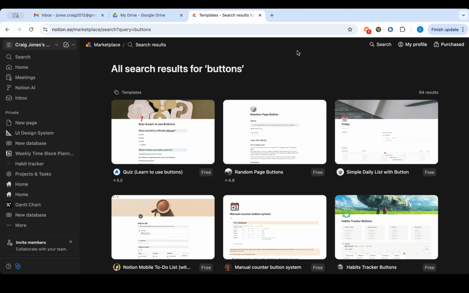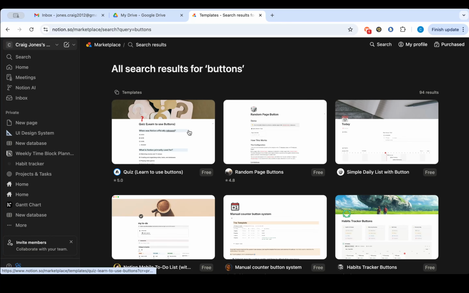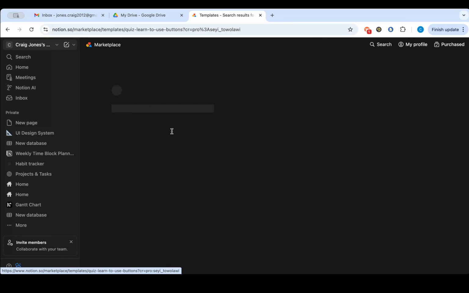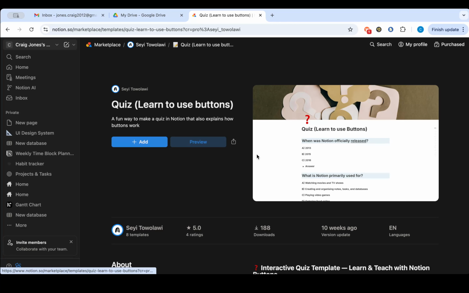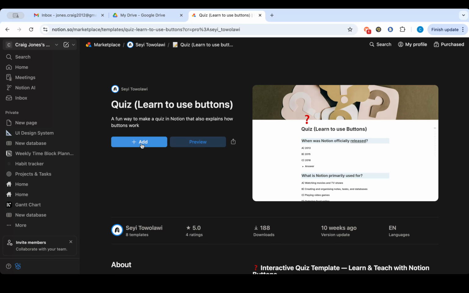Among these, look for the template titled Quiz. Learn to use buttons. Click on this template to access a detailed guide on how to effectively use buttons in Notion. This template is designed to teach you through practical examples how buttons can drive efficiency and interactivity in your Notion pages. Once you've clicked on the quiz template, you'll typically be presented with an option to add it to